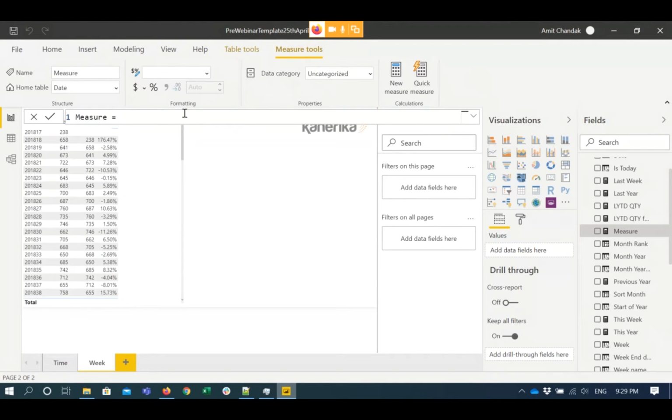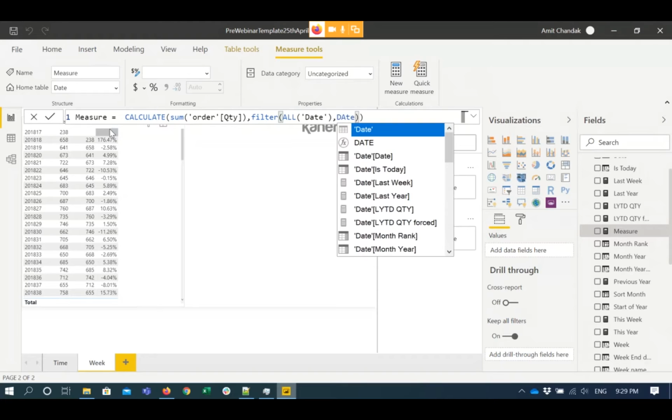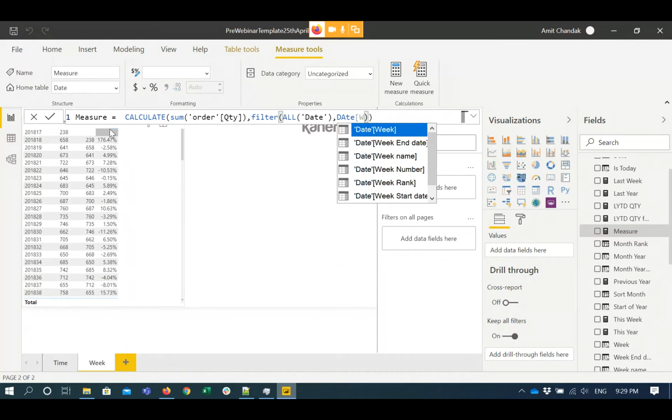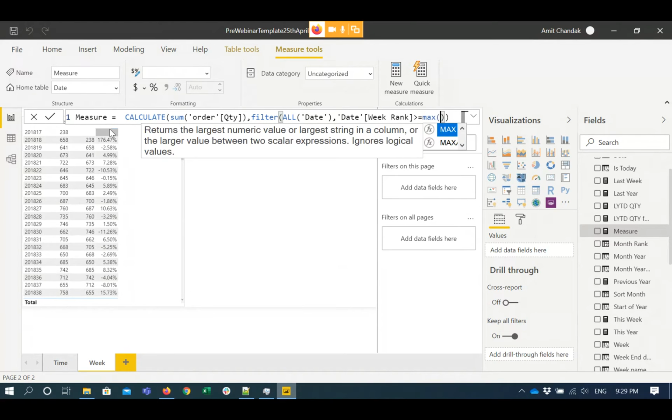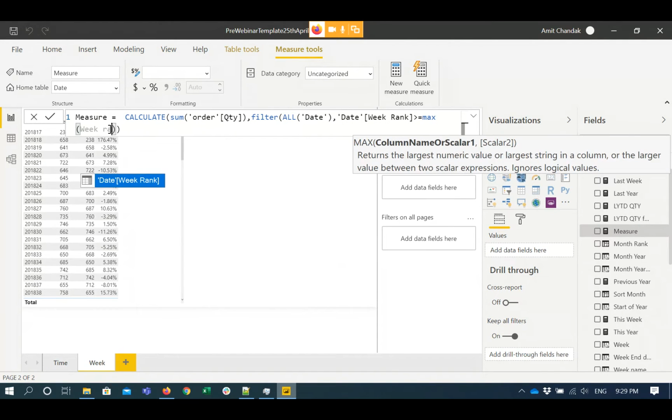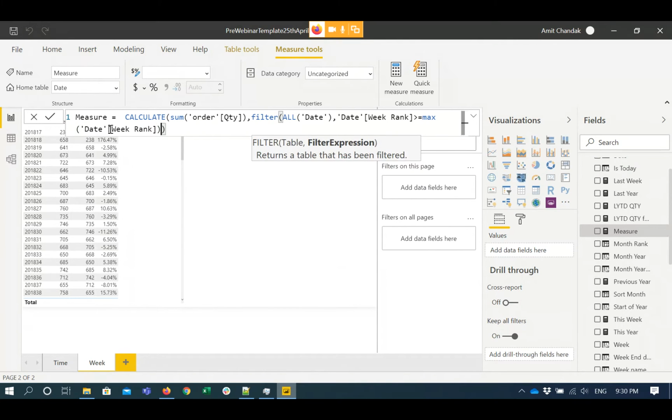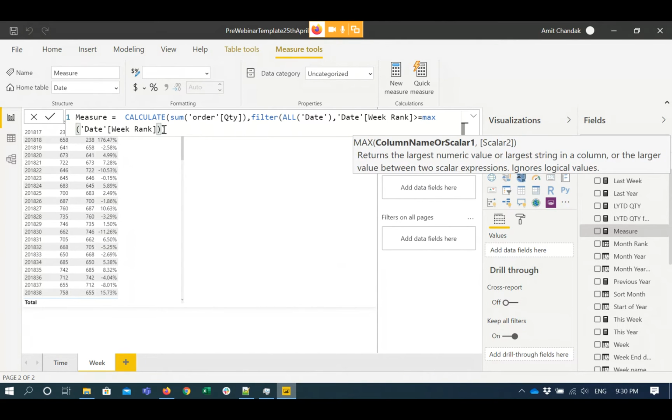Okay, so I'm not going to rename it right now, because we are left with few minutes. Okay, I've taken the wrong calculation, no worries. I'm going to change it manually. So what I'm going to do here is I'm going to take week rank, and I'm going to say the week rank should be greater than or equal to max of week rank minus 12,